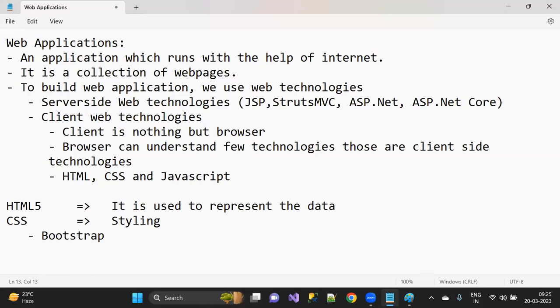Understood? Now, what will Bootstrap contain? Internally, it contains CSS styles only, styles in the form of classes. So suppose I want to create a button.